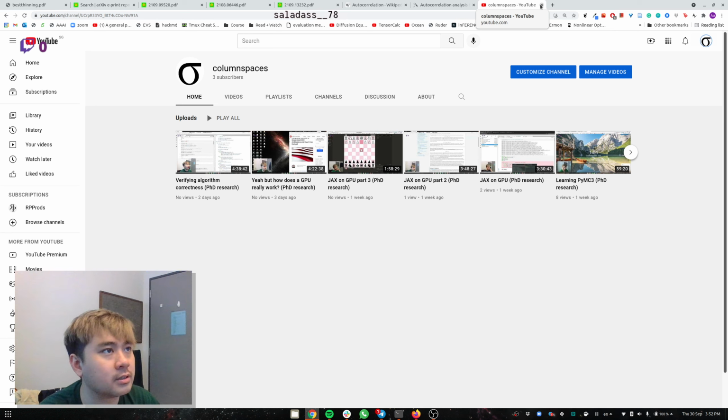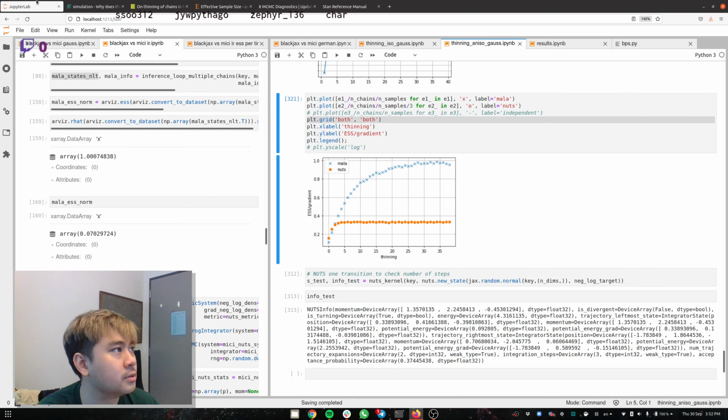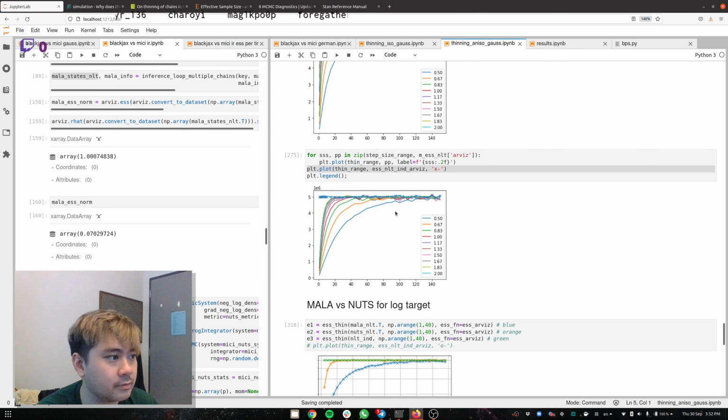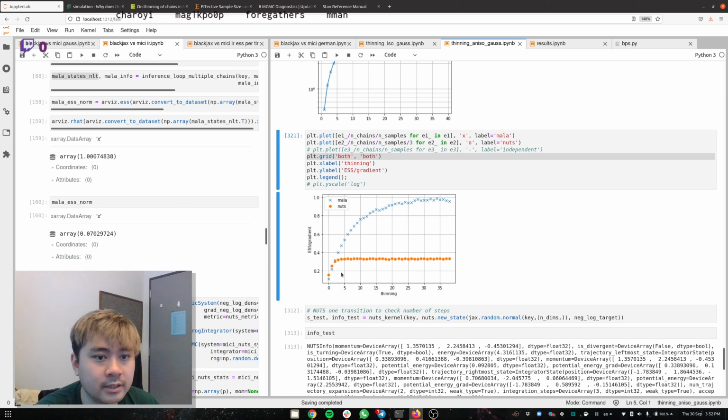And then today I realized that I could reproduce the results, but when I thin them, so thinning is simply taking every nth sample of your Markov chain, that somehow improves the result for samplers like MALA and exaggerates the result that it beats the NUTS sampler. So what I did was to show that, I don't know if I want to bother explaining this, but yeah, as we thin